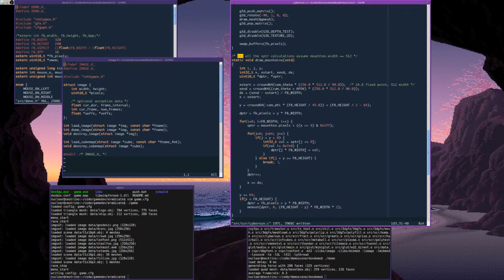If J plus Y, is that correct? So if J plus Y is larger than 0, this is the only case where we write to the frame buffer, but also